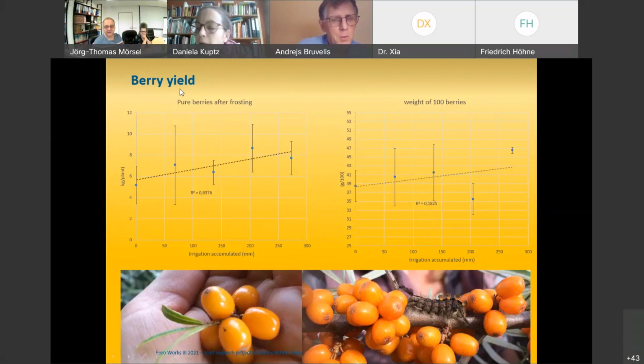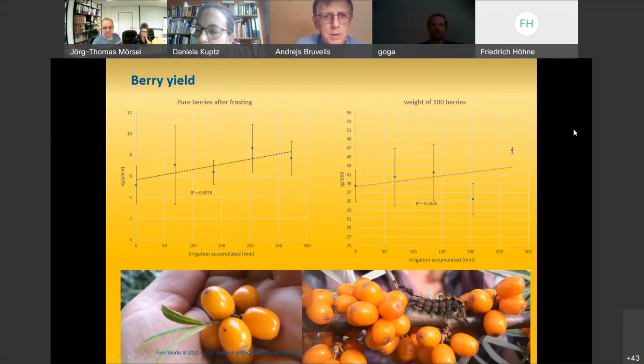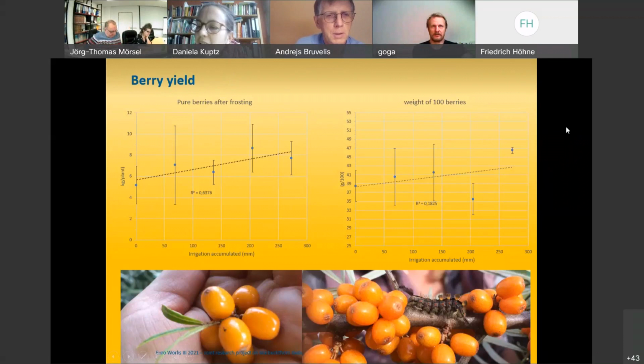Well, I would like to ask, what is your overall conclusion about the dieback of Seabuckthorn in Germany in a couple of sentences? What is your overall conclusion about the dieback of Seabuckthorn in Germany? Does it continue, and can you do something about it? And how can you see the future of this problem?